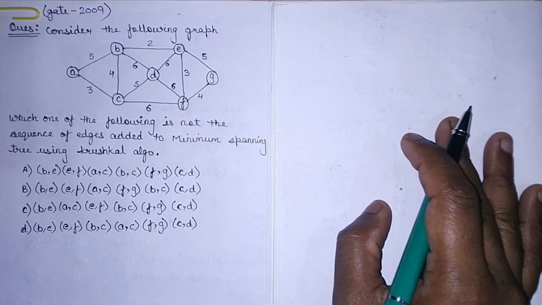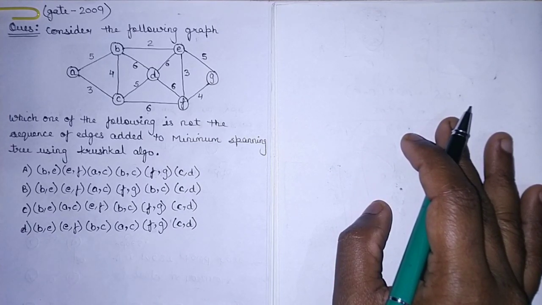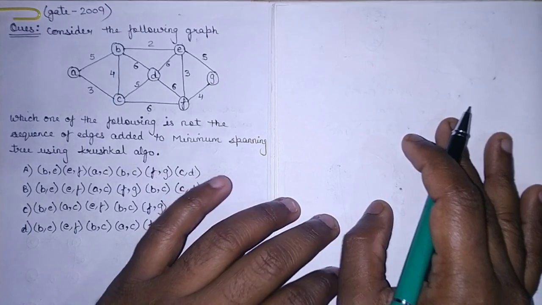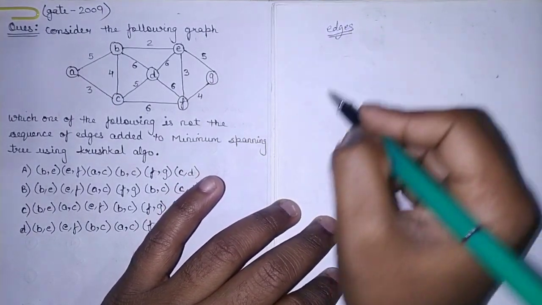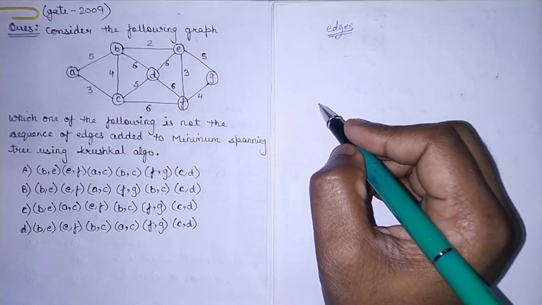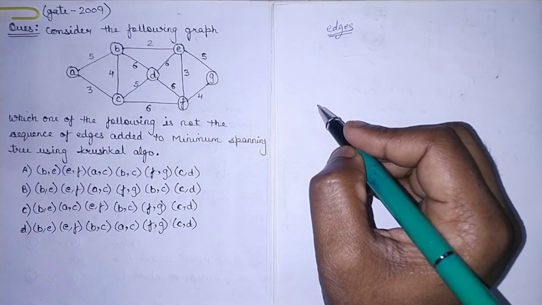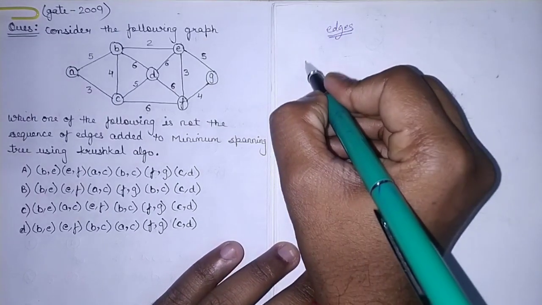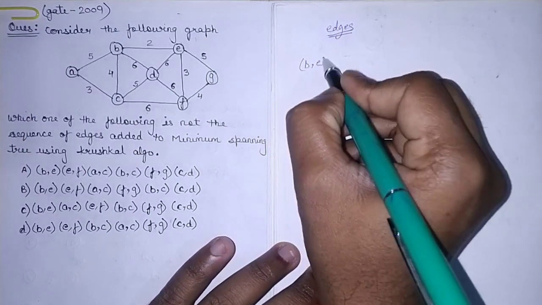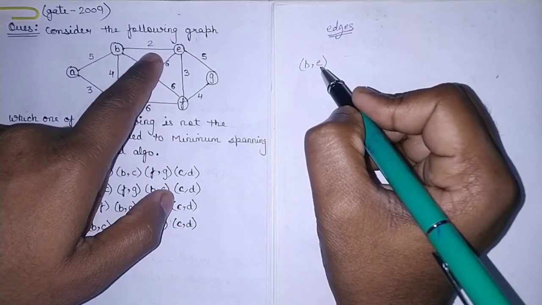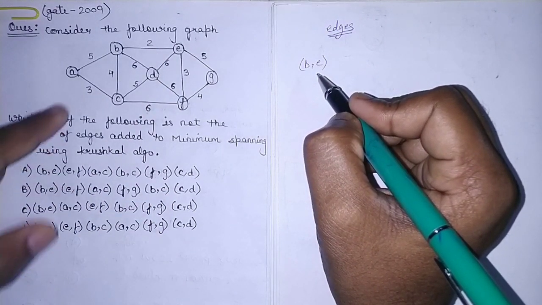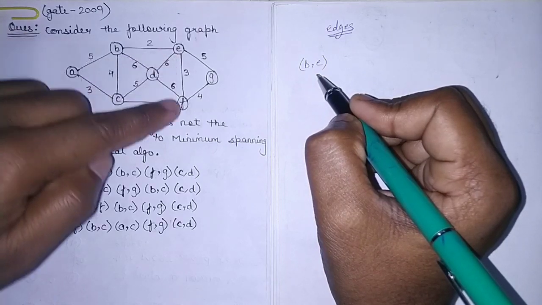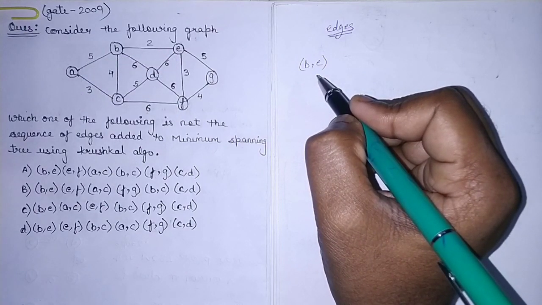Now let's see one thing. We have to find out which sequence is wrong according to Kruskal. In Kruskal we know that it works on the basis of edges. We take the first minimum edge, then the second minimum edge, and so on. So what is the first minimum edge? You can see that BE is the first minimum edge because of value 2. There is no other 2. Now the next minimum edges are AC and EF because both have value 3.